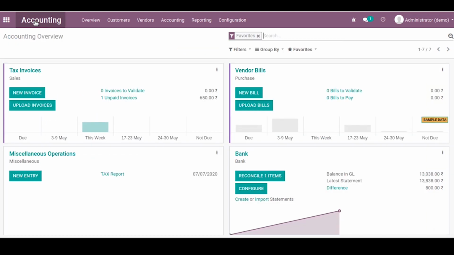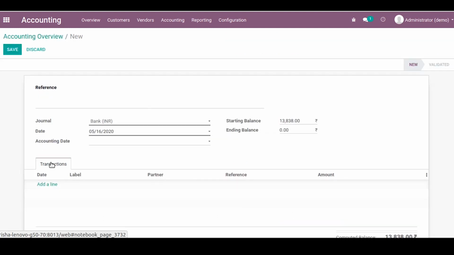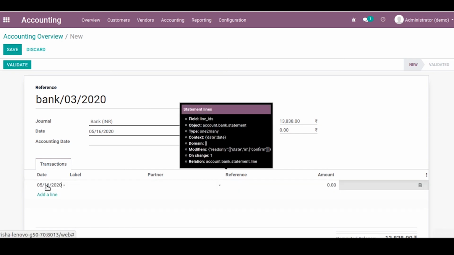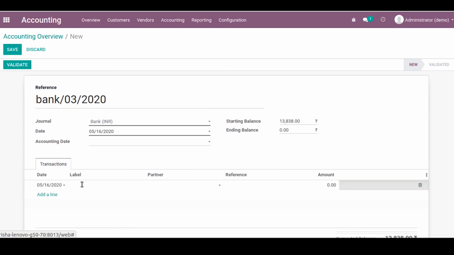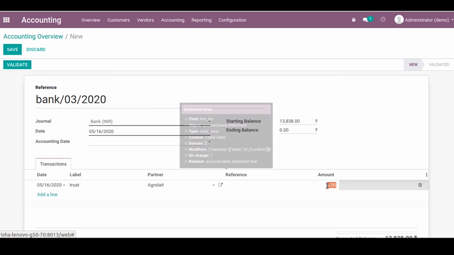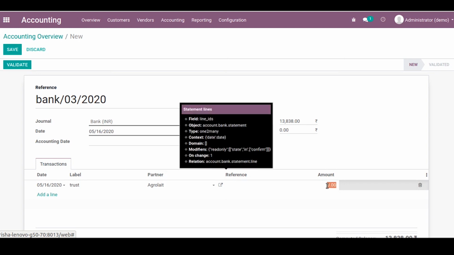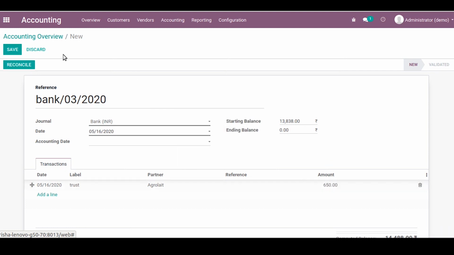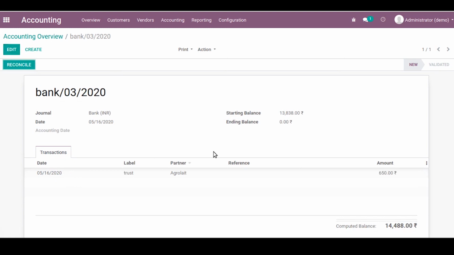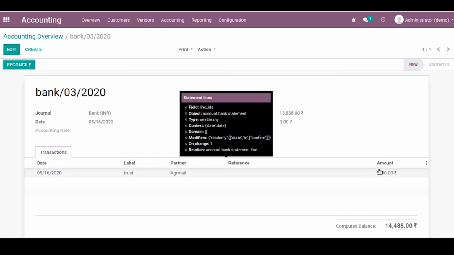Now let's go to the dashboard and create a bank statement. So we have given the amount as 650, which was the invoice amount.